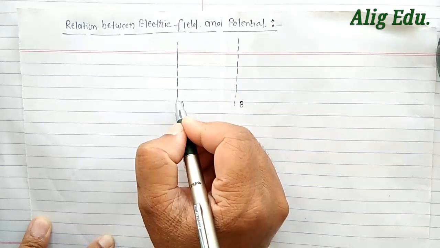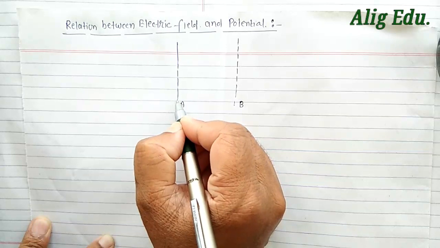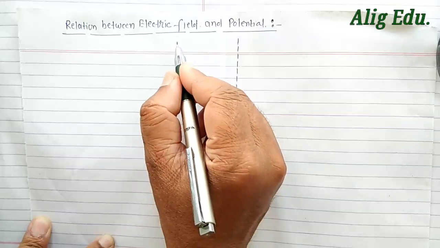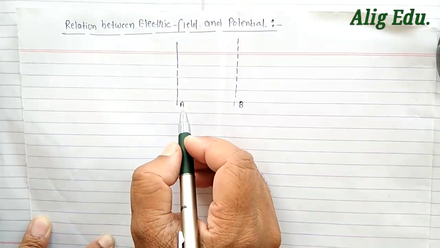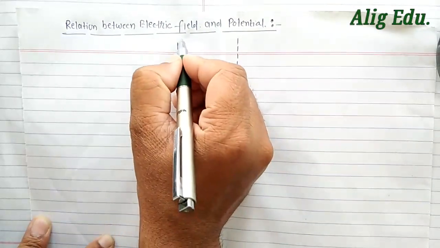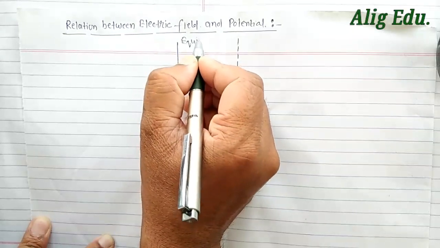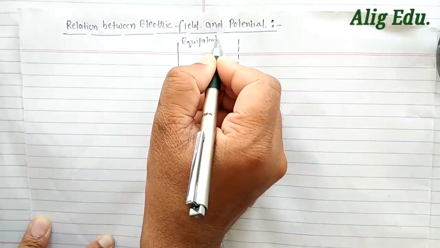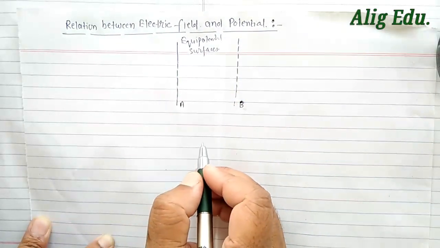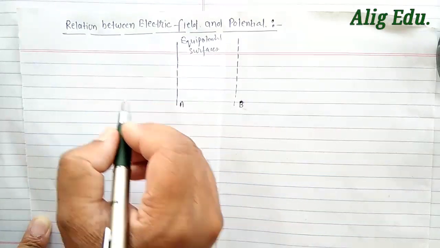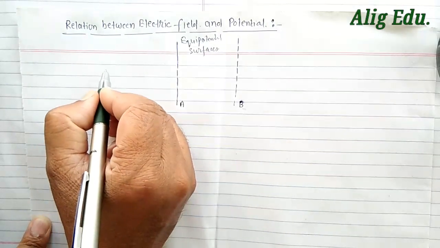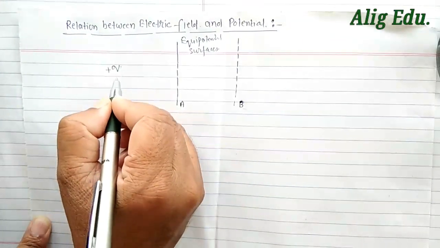will be uniform. Suppose the potential at this point is found to be 1 volt, then the potential at this point will also be 1 volt, and at this point also 1 volt, and so on. So let's consider two equipotential surfaces A and B. These two A and B are equipotential surfaces, and a charge plus Q is placed at the origin,